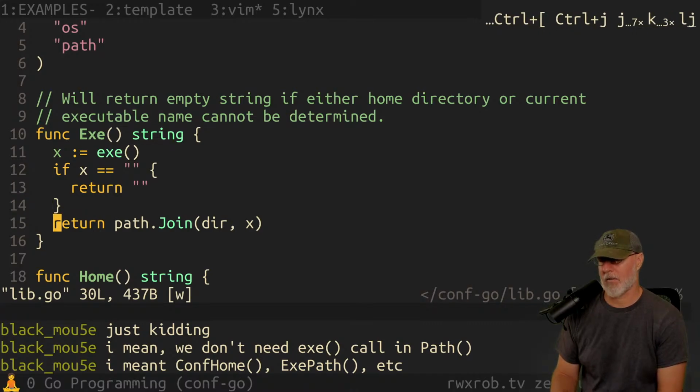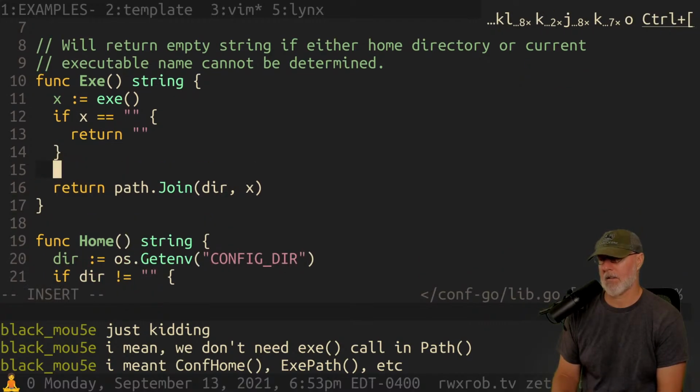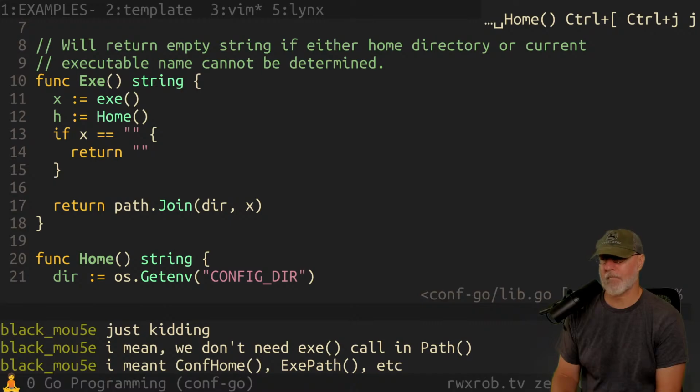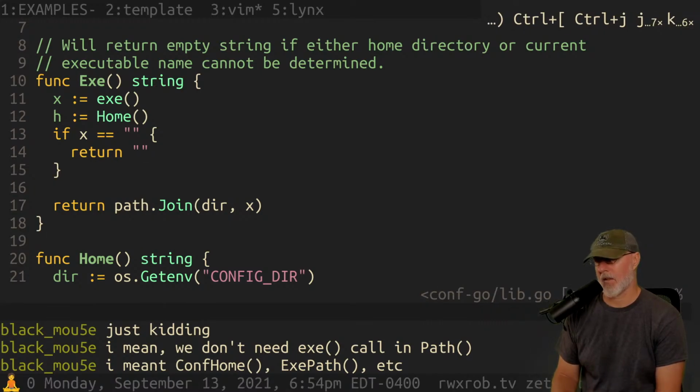So path join. And then we're going to grab the home directory. So we say, how about this? If x equals home, h home, and it's different than the private one.